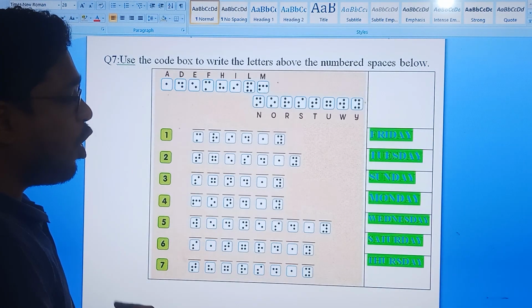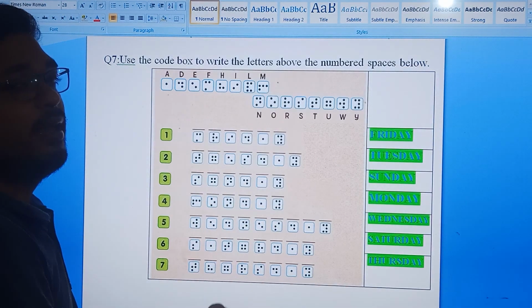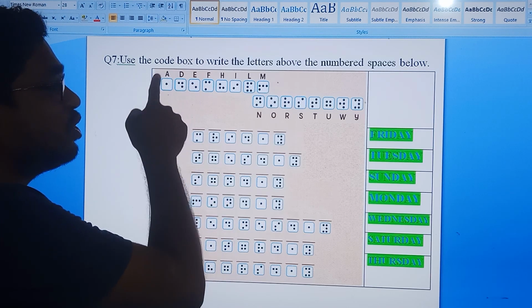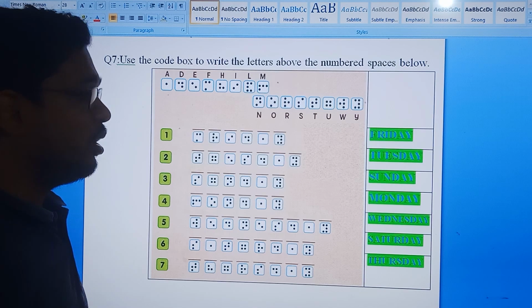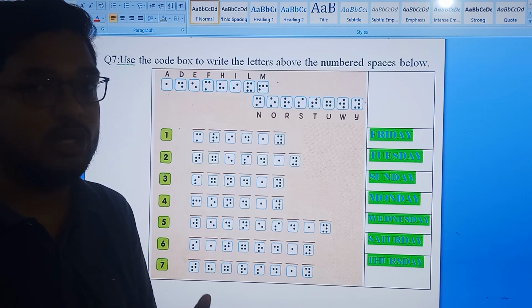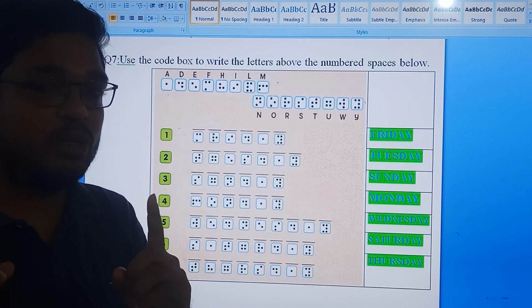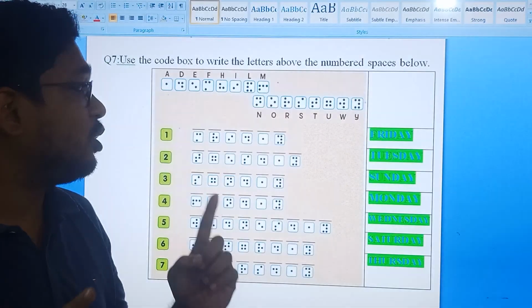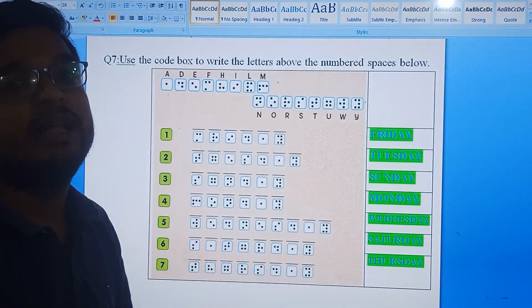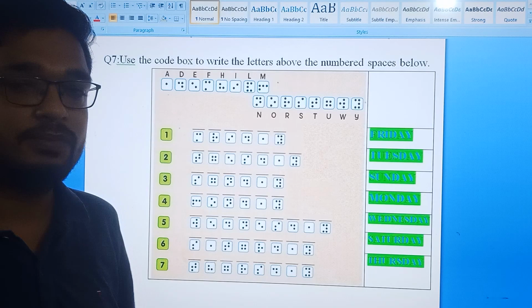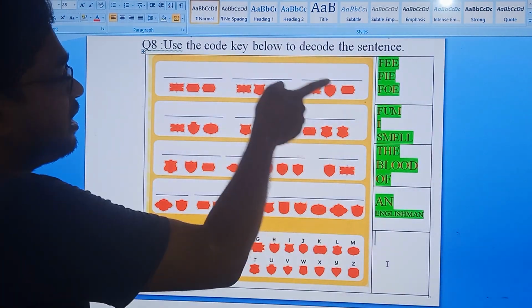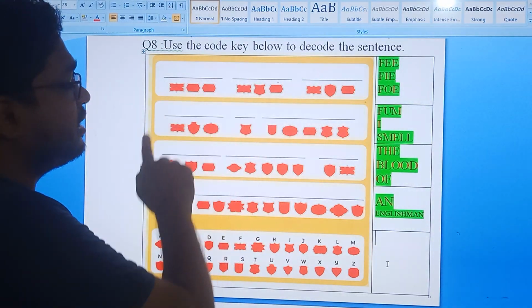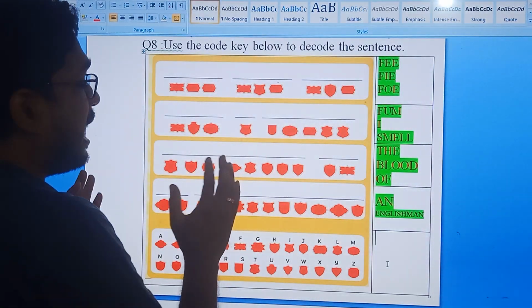You have to look at all the dots carefully and also look at the question's code carefully, and then you have to decode. Listen students, when you have to solve a coding question, first look at all the pictures carefully, then decode. Okay students, now come to the next question. Look at this picture carefully. Here all the pictures seem the same.